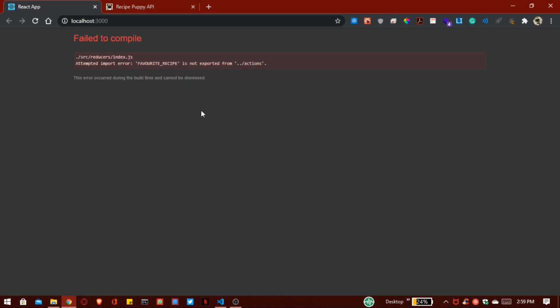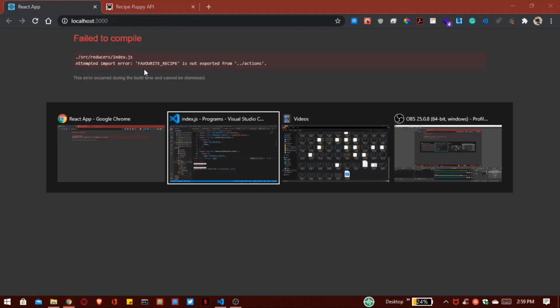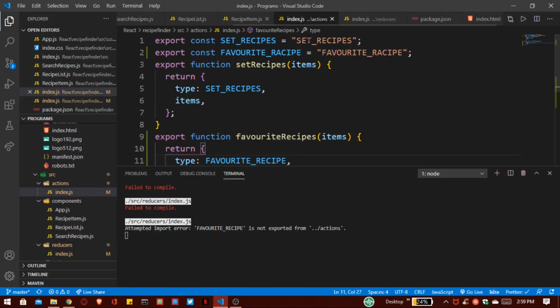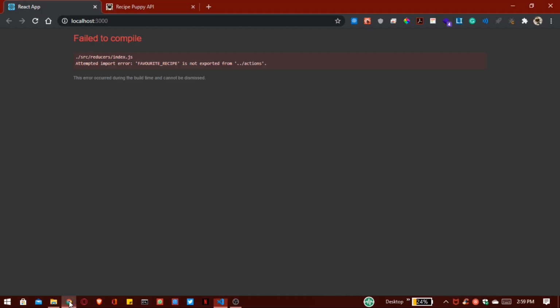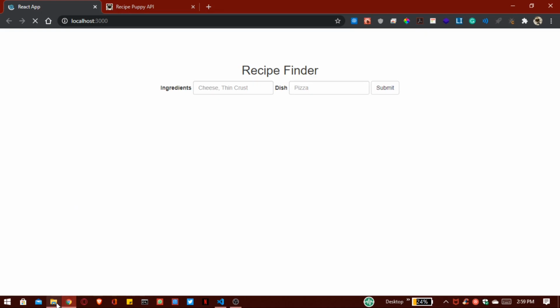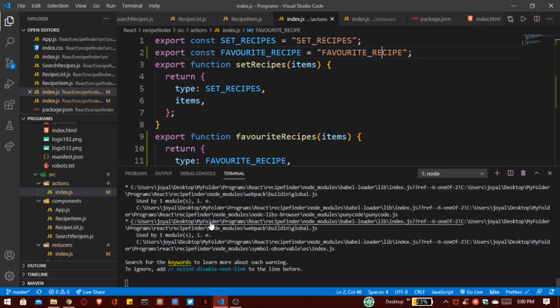Favorite recipe is not exported from our actions, that is the error inside our index.js file. So index.js, yes, instead of this a we have to write e, there is a typo. Now save this, and hopefully the error is gone successfully.